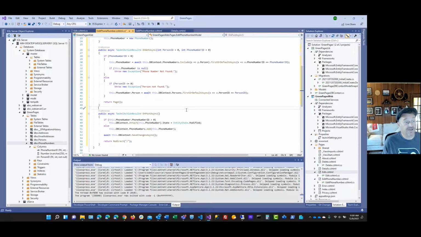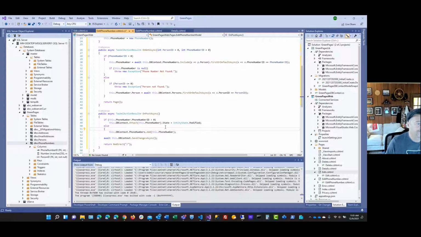So now we've loaded everything we need to load on the page, but now we need to think about how when we save what's going to happen. Well, when we're editing it, we don't need to load in anything extra. But if we're creating a new one, we need to save it with the entire person record. So we need to actually load that in